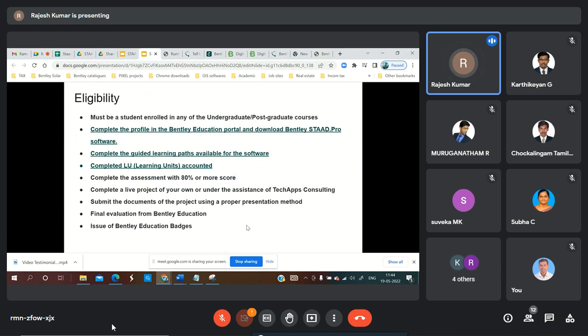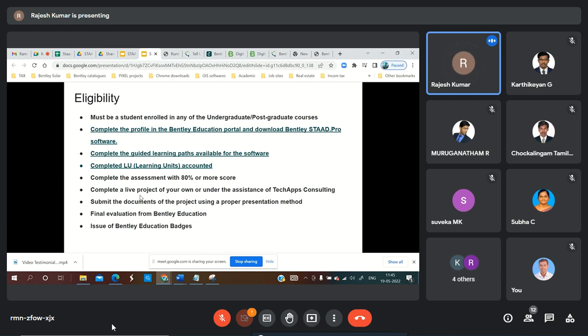Your third phase is that the students, or whoever is applying for the certification, have to complete a live project of their own or under the assistance of TechApps Consulting, and submit the documents of the project using a proper presentation method.